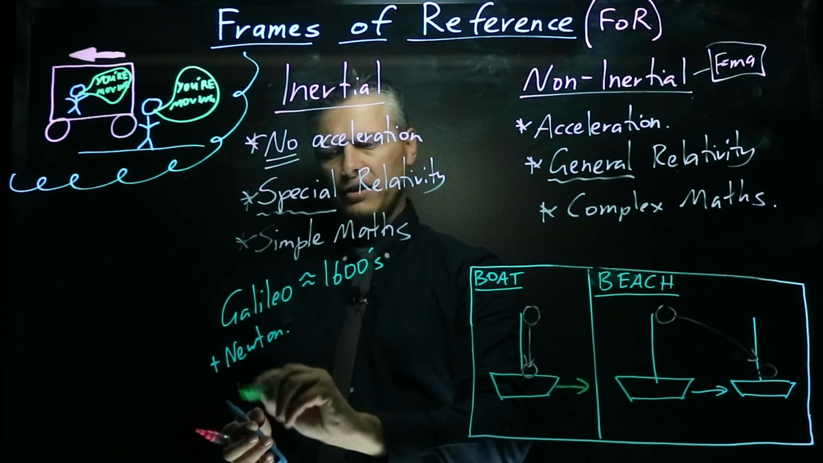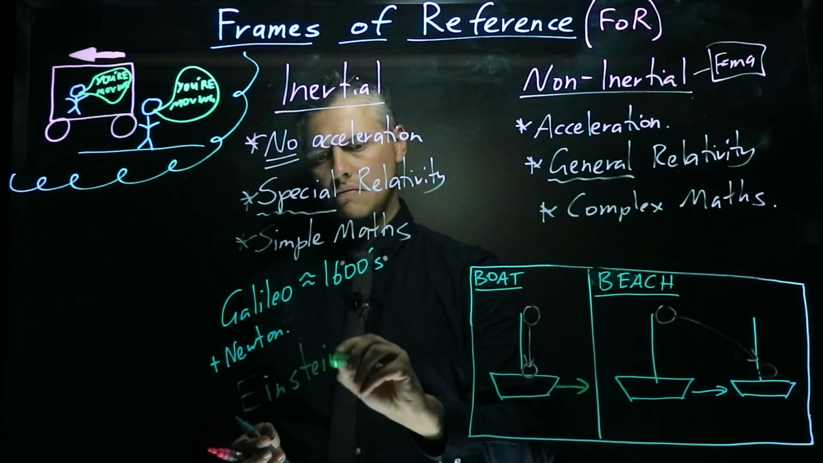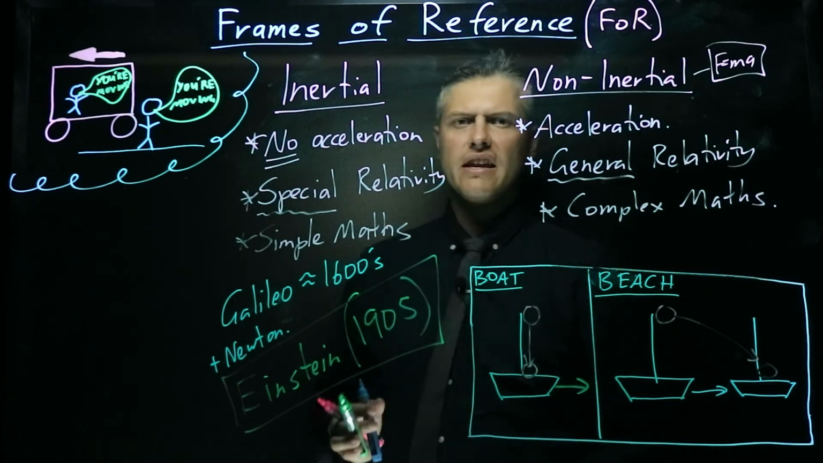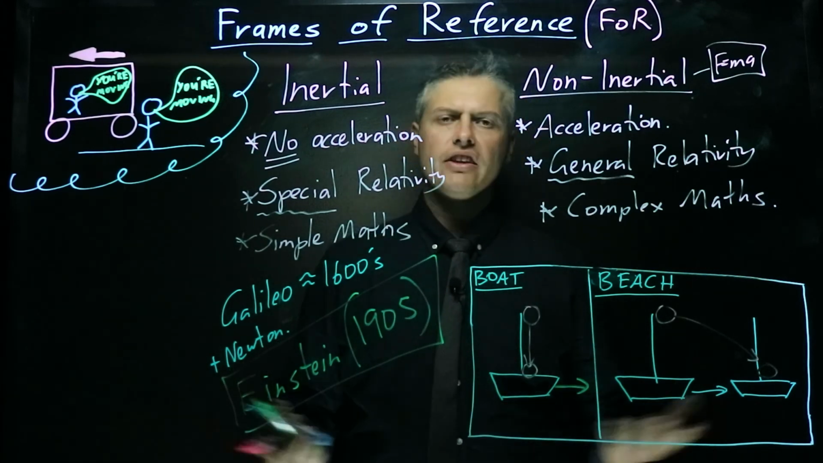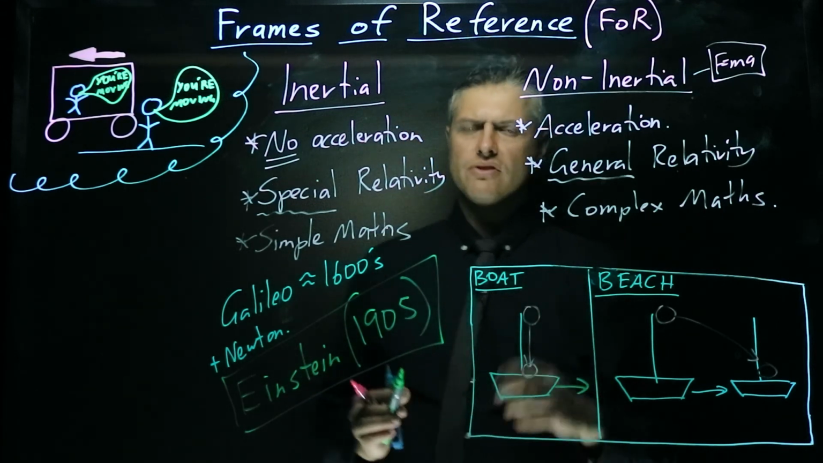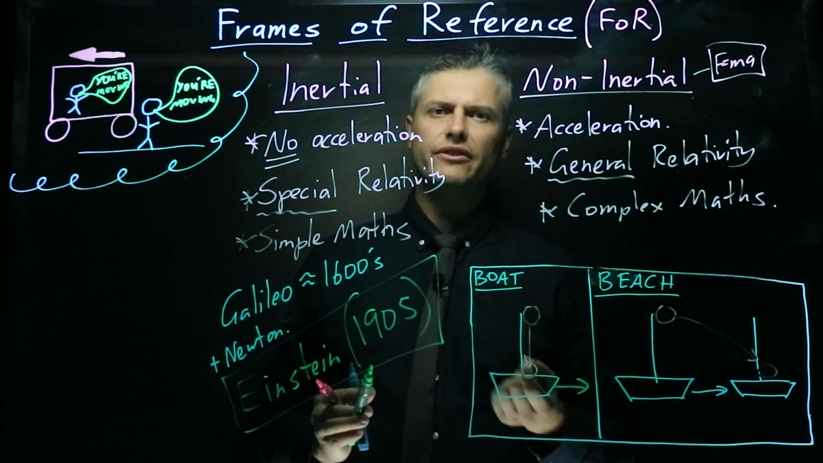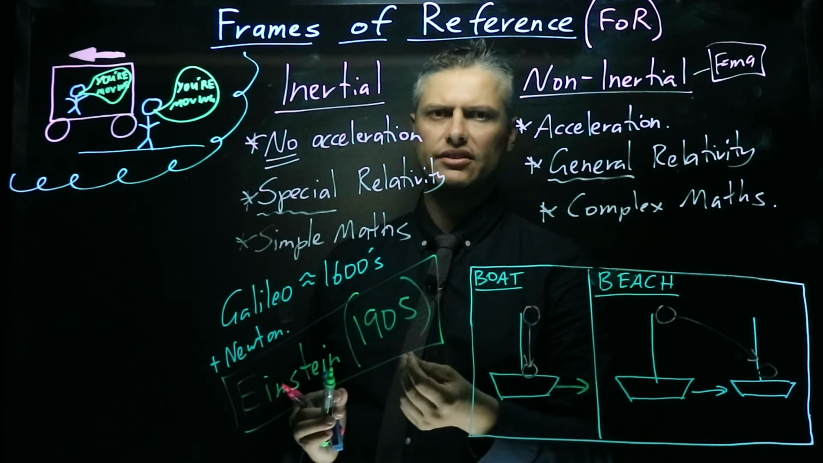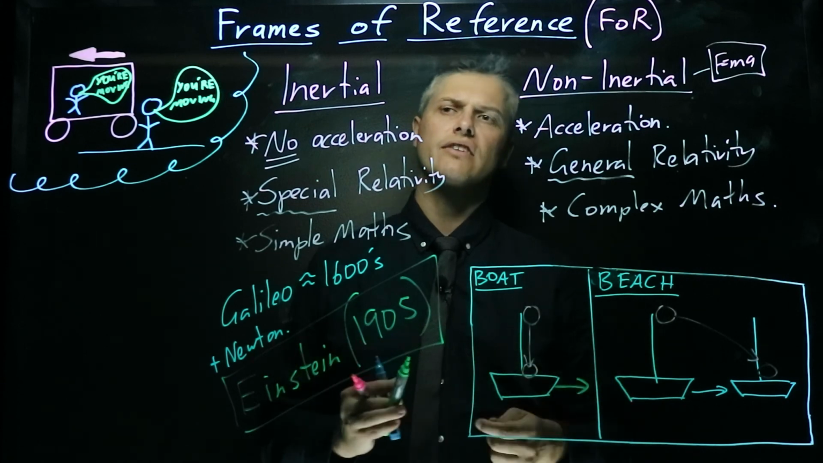And then Einstein came along. And in 1905, uncovered his theory of special relativity. In it, he was the first person to understand the significance of frames of reference in relation to the speed of light. He was the first person to actually connect those ideas